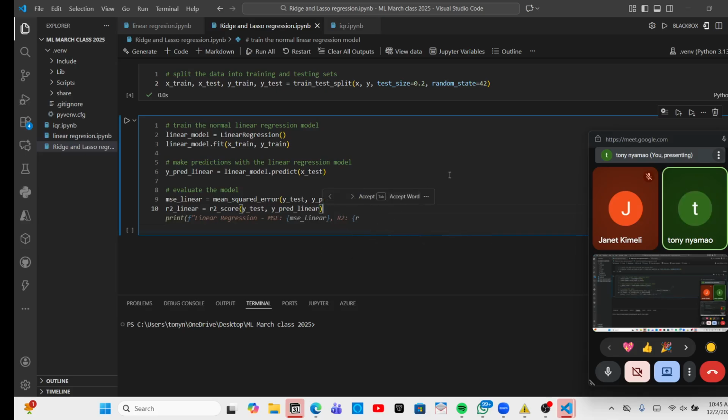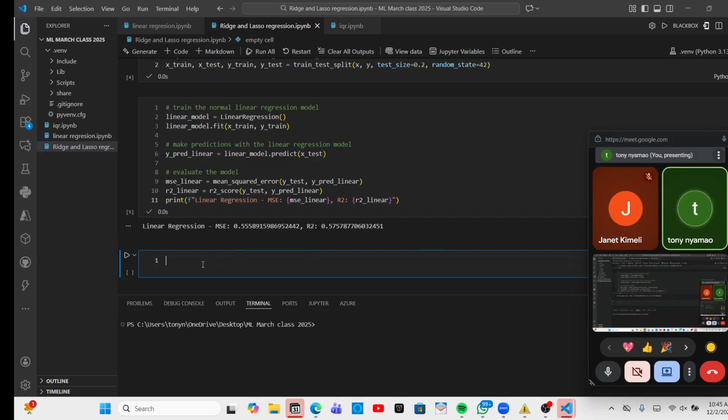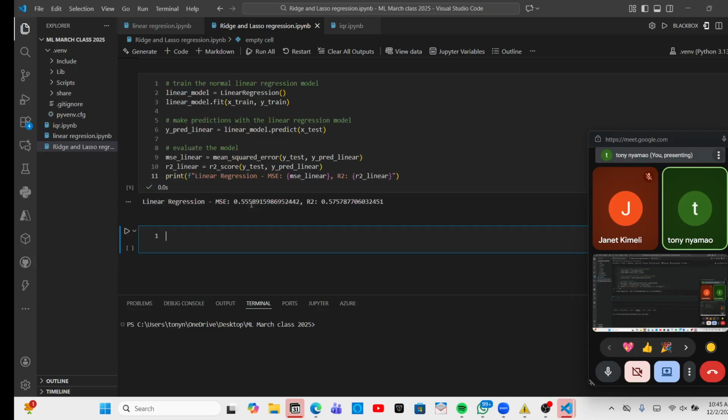Okay. Now, you can decide to print this at this point, and you can see what we are getting is what we were getting yesterday, I mean the class before. Yeah, 0.55 for the MSE, 0.57 for the R2 score. Right there. So after doing that, now we need again to train the ridge